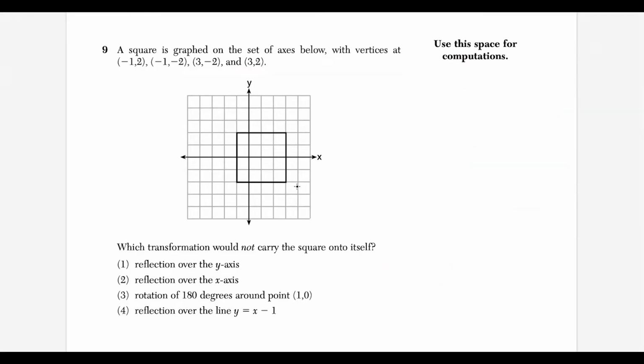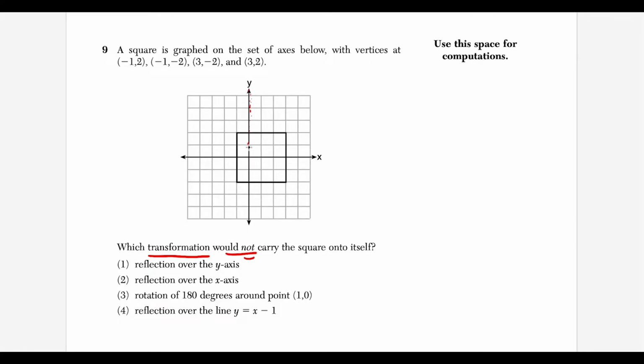Question 9, we have these 4 vertices graphed, and we want to know which transformation would not. So that's a little bit of a trap there. Make sure you're finding the one that does not work out, but which one is not going to carry the square onto itself. So if we look here, a reflection over the y-axis, this is already standing out as the